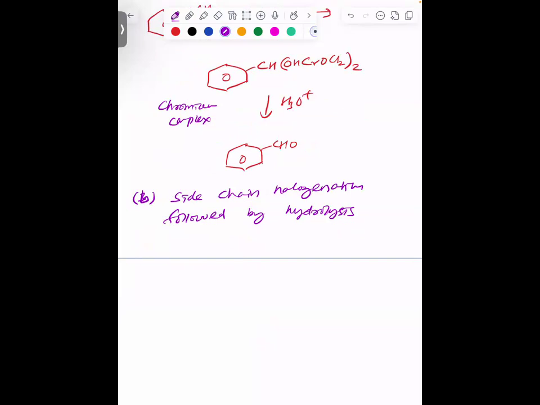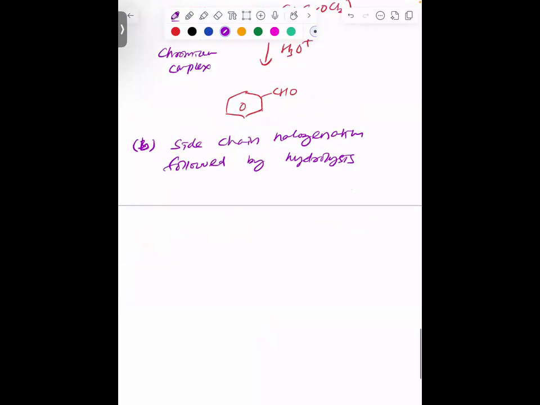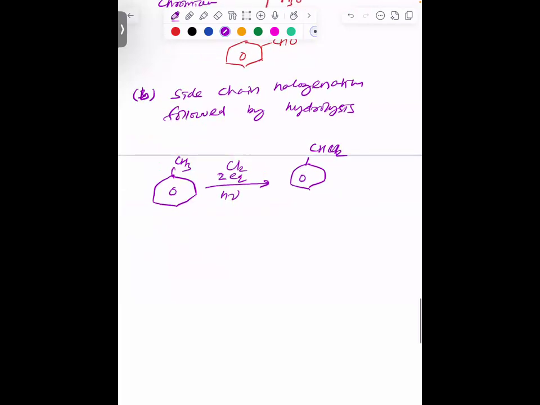Suppose we are taking toluene, and if it undergoes halogenation. Halogenation means we take a reagent, suppose Cl2. Here 2 hydrogens have to be replaced, so we have to take 2 equivalents of halogen. Okay, CHCl2, then it undergoes